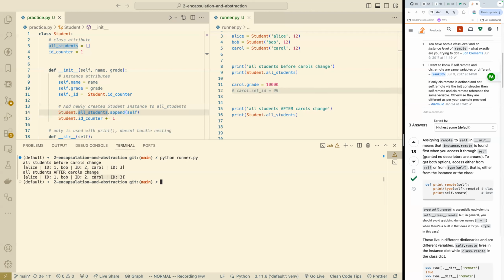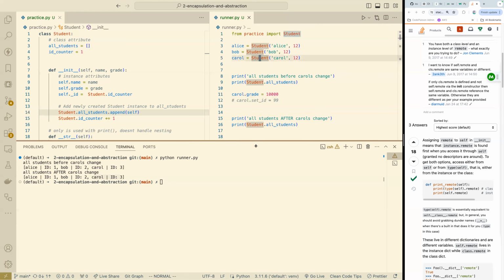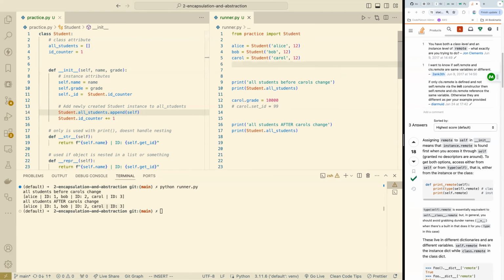So now to create a new instance, like the new one, Carol. We use the class name dot all, the list that we created, to add to it the new instance. But how to pass this instance? Just write down the new name. How did you pass it? Do you mean for creating another student like Alice, Bob, or Carol, or if I want to grab a student from the list? No, not grab a student, to add this student. Yeah, you just write it here, like Carol wasn't here. Got it. Yeah, exactly. So if we add another student, David,